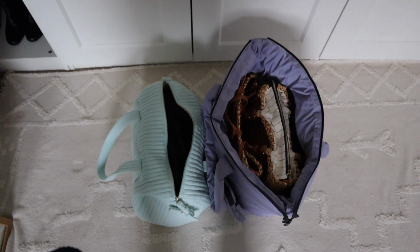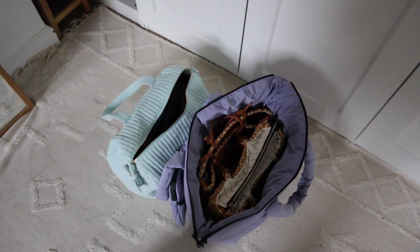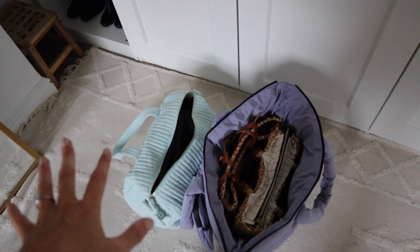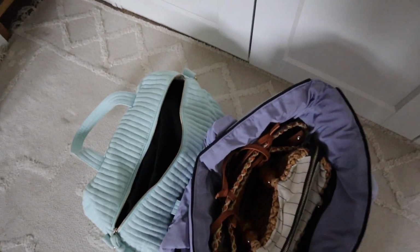Okie dokie, so we're back. My camera died, so it just needed to charge a little. So I've actually organised these bags. As you saw previously, these bags were up there. So I've just popped all my spring summer bags into there, and they're probably going to go under the bed, I think, just so they don't get too dusty, because I do use these bags every now and again for